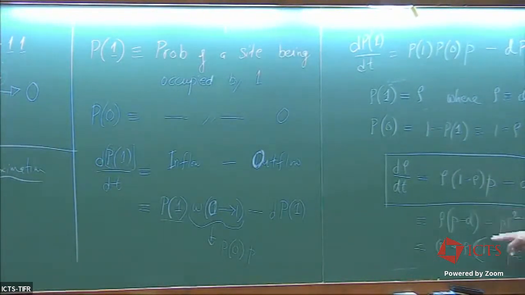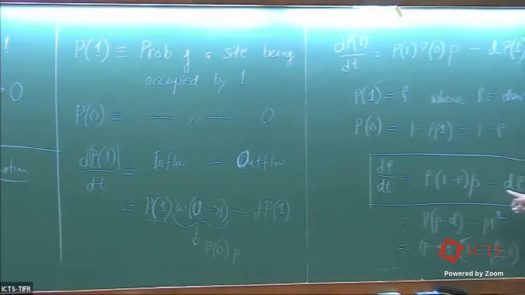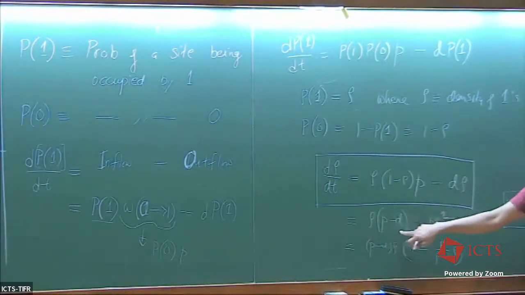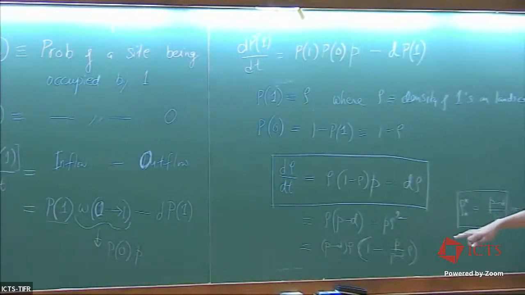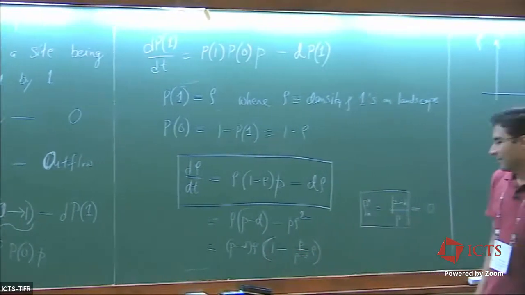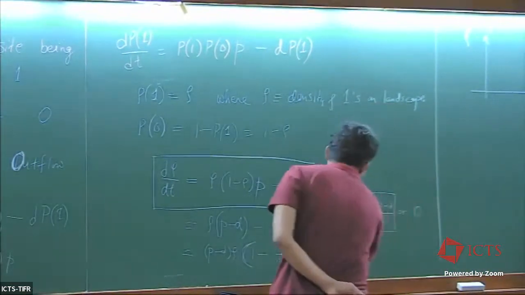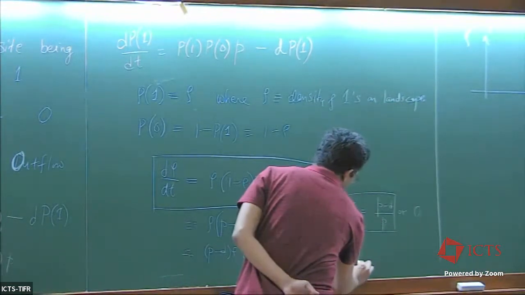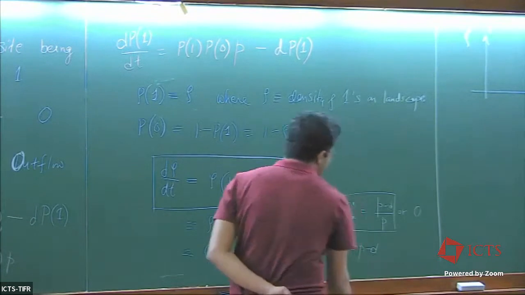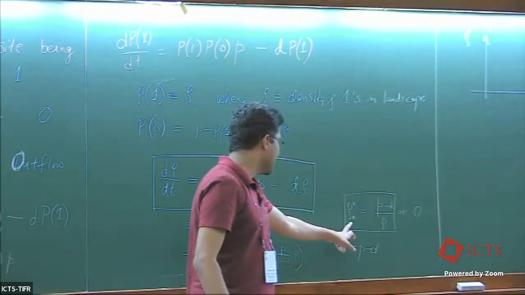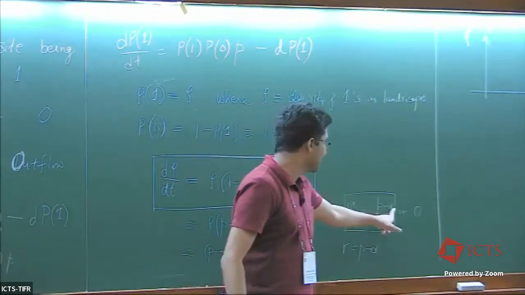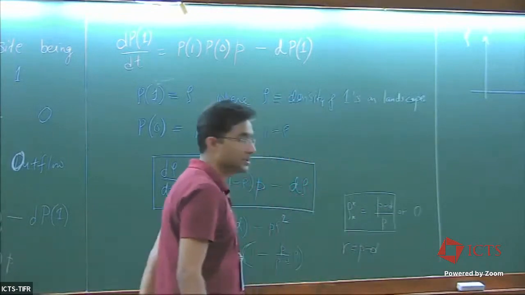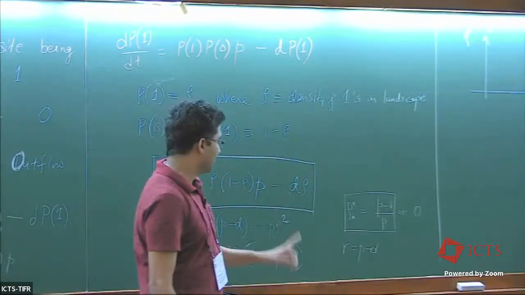So you can simplify this equation, take the linear terms together, have rho times (p minus d) minus p times rho square, and you can make it look like a logistic equation. And if you do that, you will find that r, what we call r in the logistic model, becomes p minus d. What we call K in the logistic model becomes (p minus d) by p. And first thing you note,